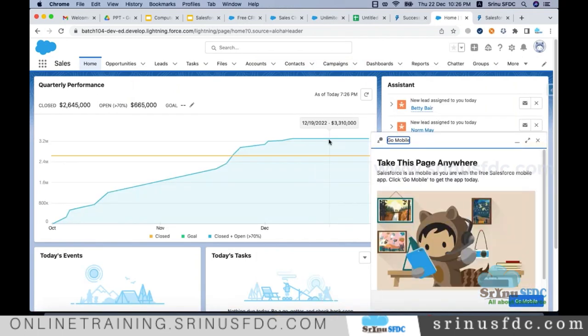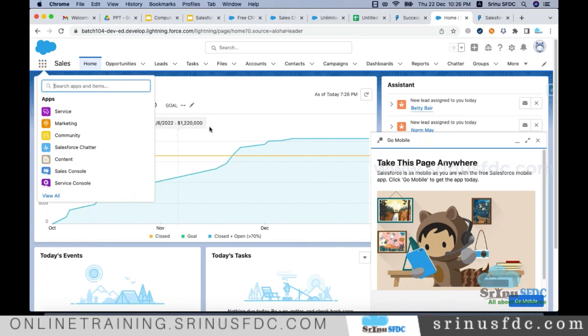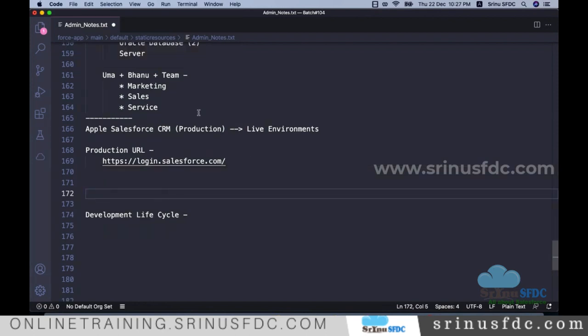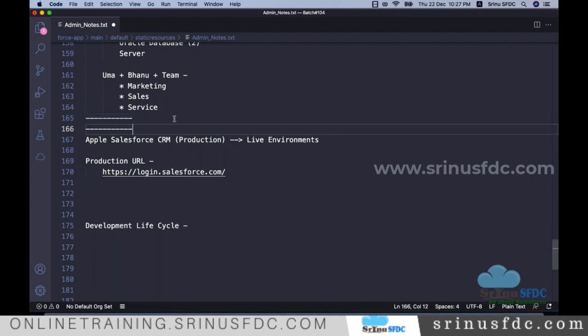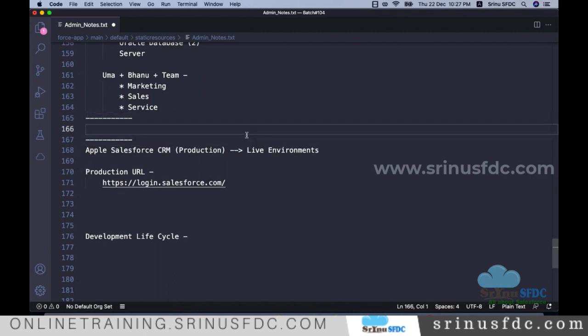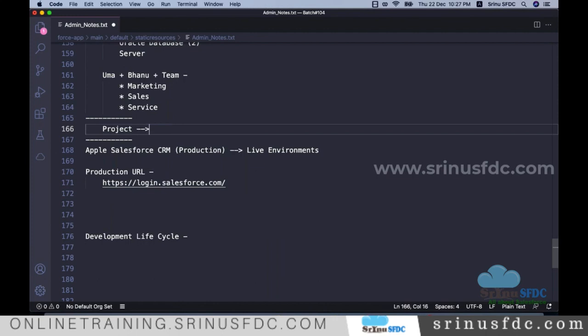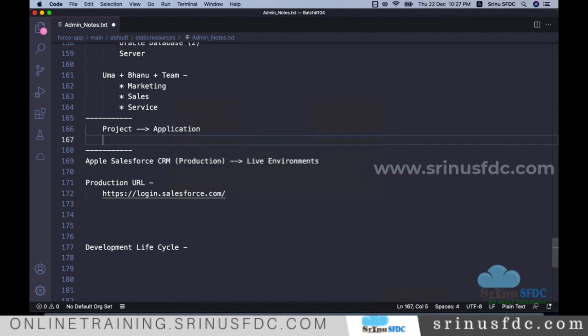Now, where do we see the CRM applications? For that, we need to click on this app launcher. Before we do this, we should know some basic terminology about Salesforce. The terminology is a little different here. In general, one project, here in Salesforce, is like one application. We call the project an application,